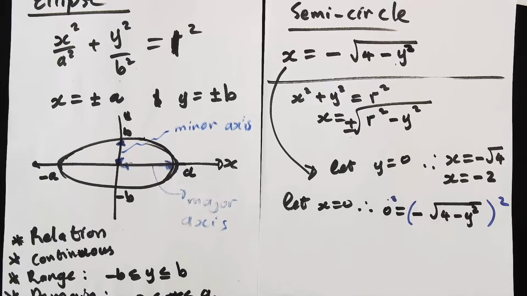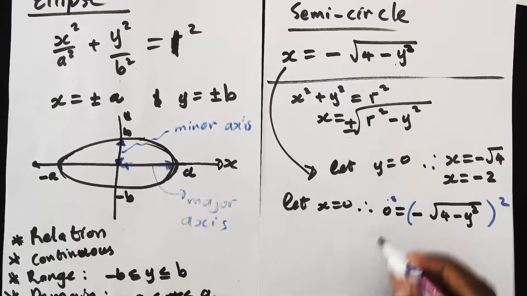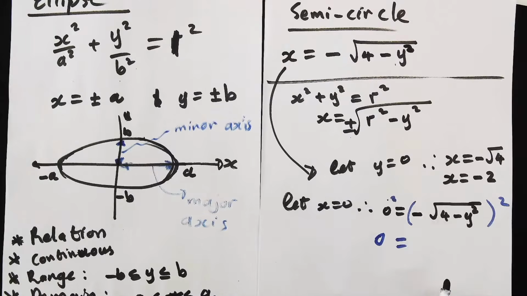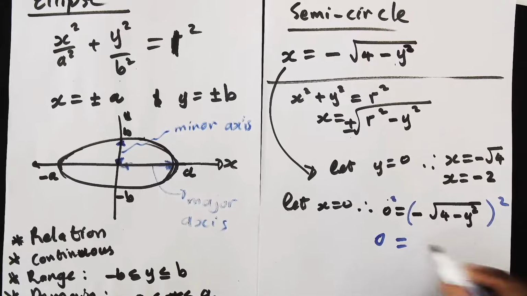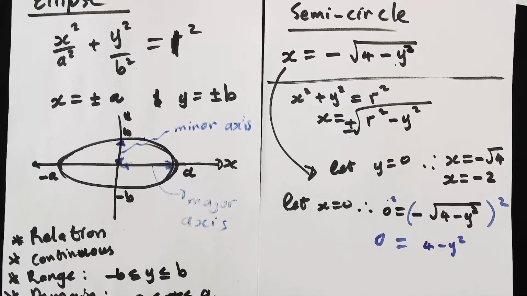I hope you see that. I'm squaring 0, I'm squaring the right-hand side. Even the negative on the right-hand side is squared. So that's why we have 0 equals the square of a negative, all to the power of 2. It will be what? Positive, isn't it? And then after getting rid of the square root, you're left with 4 minus y squared. So we have got rid of the negative and the square root. Therefore, now we take y to the other side. Therefore, y will be equal to